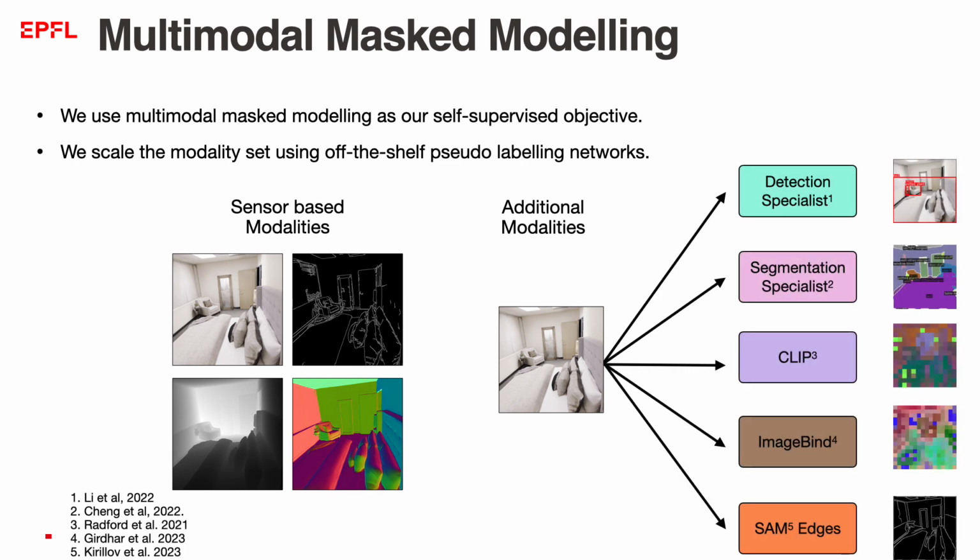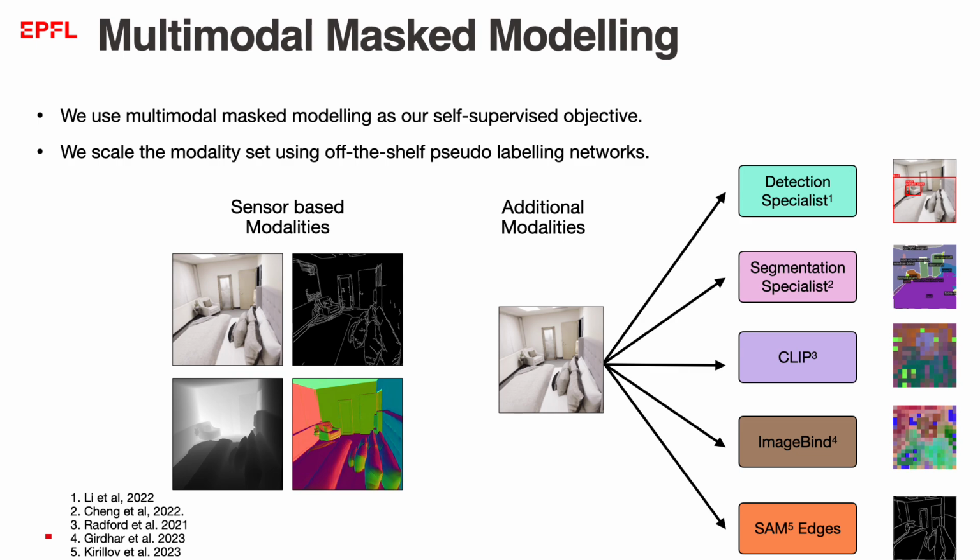For example, we use feature maps from models like CLIP and ImageBind, and outputs from task specialist models for detection, segmentation, and SAM edges, as additional modalities. This second setting should be interpreted as distilling existing models on data from the test space. So it is not a no external access setup, but it lets us ask whether specializing these signals to the